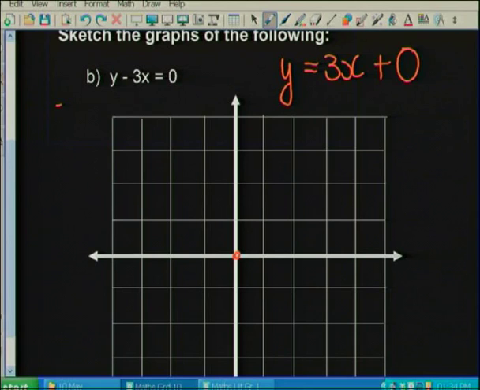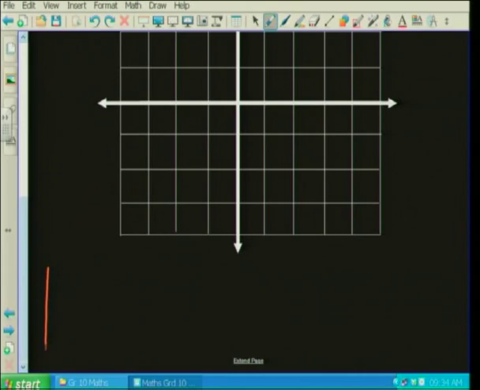If I make x equal to 0, I get y as 0. If I make y equal to 0, I get x equal to 0. Now, that means I have only 1 point, so I have no idea how steep my graph must be. In this case, it would be a good idea to calculate 2 points with the table method. So I'm going to have a look at a couple of